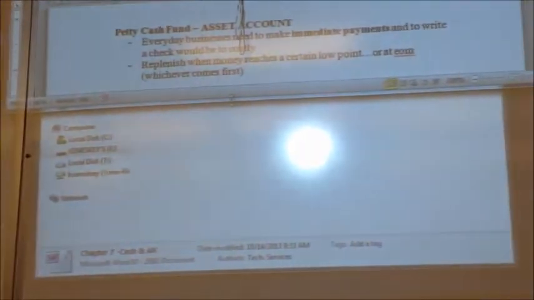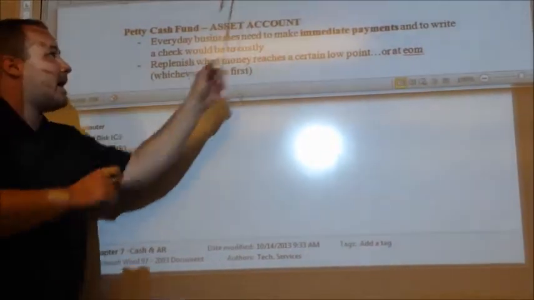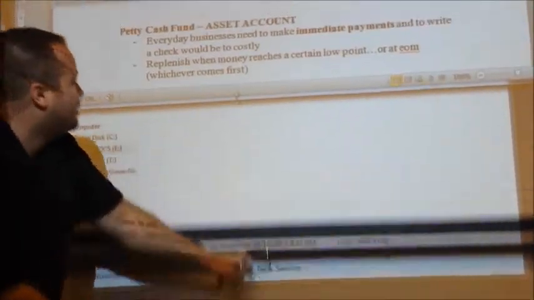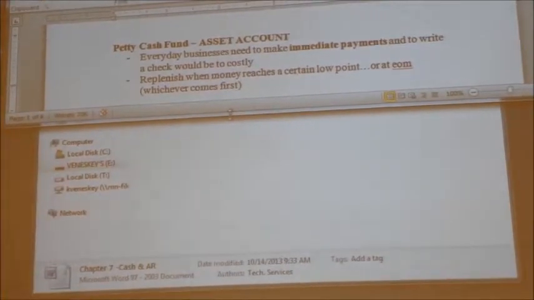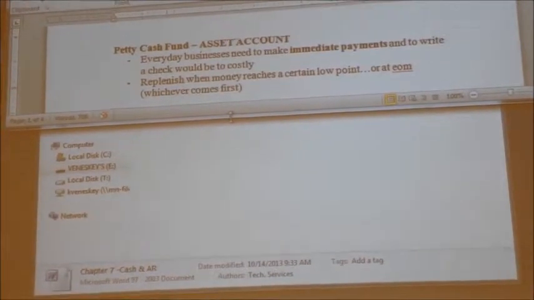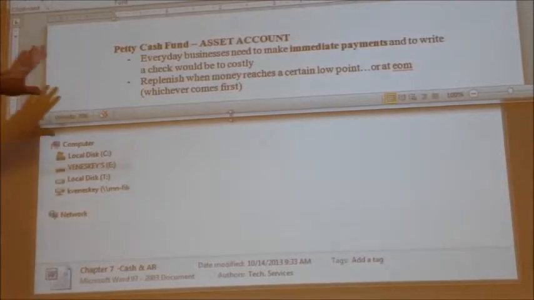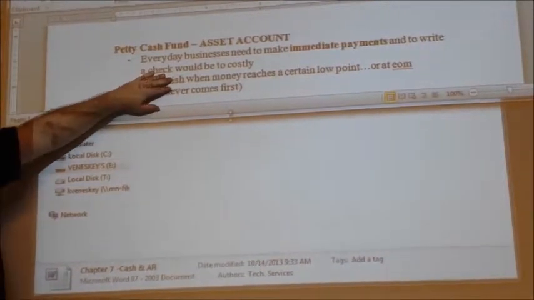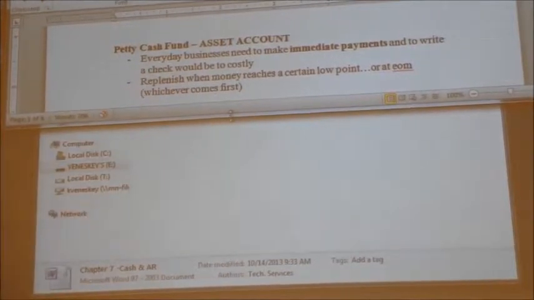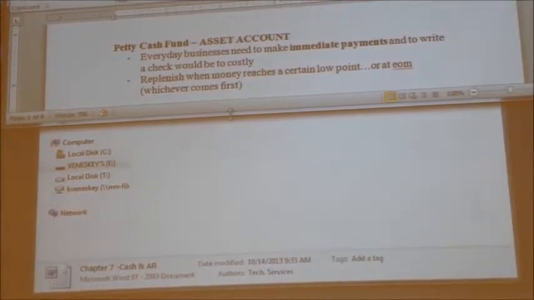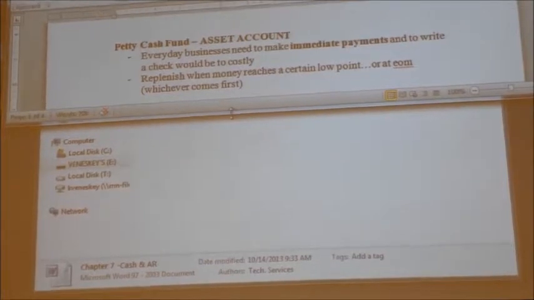Okay, the first couple things that I wanted you to know about the petty cash. Petty cash, if you've ever been part of an office of a business, almost every office has some kind of a petty cash account. Basically, if the